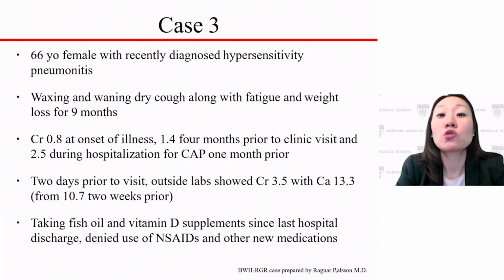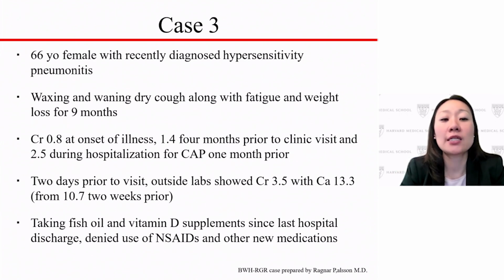So moving on to our third case related to chronic interstitial nephritis. Here we have a 66-year-old female who was recently diagnosed with hypersensitivity pneumonitis. She has had a waxing and waning dry cough along with fatigue and weight loss for 9 months. Her creatinine at the onset of illness was 0.8 milligrams per deciliter and progressively worsened over several months, so that by the time she was hospitalized with community-acquired pneumonia 1 month prior to presentation, her creatinine had climbed to 2.5